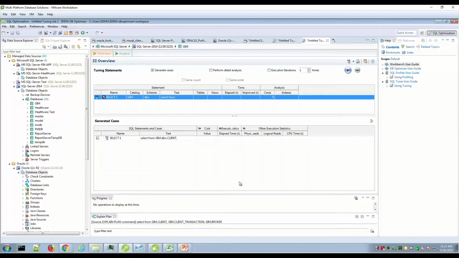And so that's where you have some flexibility in terms of what you'd like to generate. So you can generate alternatives in terms of SQL rewrites. Then you can perform a detailed analysis and compare those and find winners or improved cases. And then you can increase the number of iterations to say,